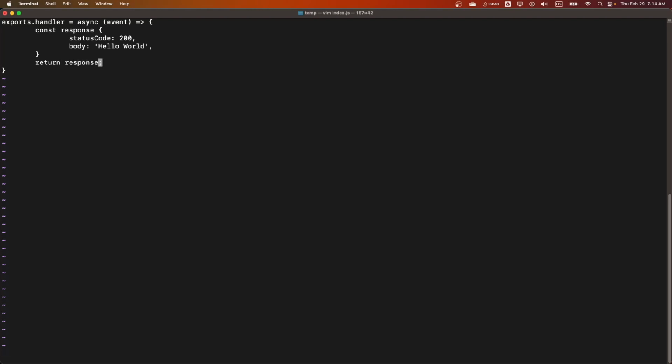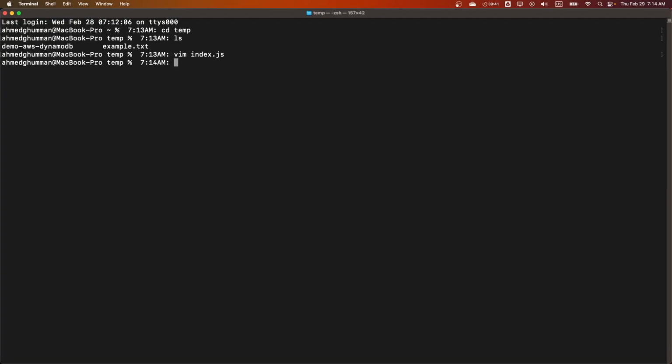Once we have that, we need to upload it. The other thing is that we wanted to upload the index.js file as a zip file. So we're just going to say zip